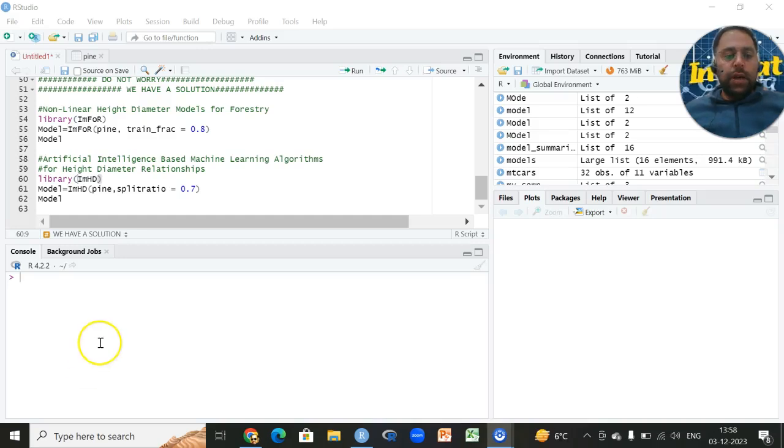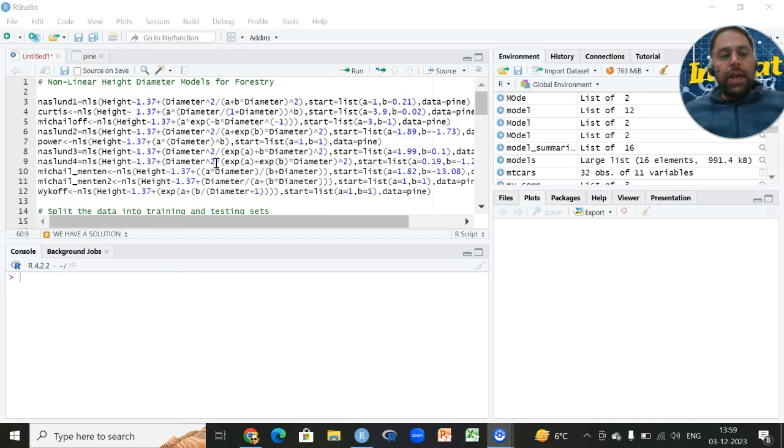Hi, in this video we are going to demonstrate the analysis of various non-linear height-diameter models and fitting of various artificial intelligence based machine learning algorithms for height-diameter relationships. Since height and diameter are very important dendrometric variables in forestry because they form the basis of the vertical structure of the forest. So in order to capture the relationship that exists between the height and diameter, we have a